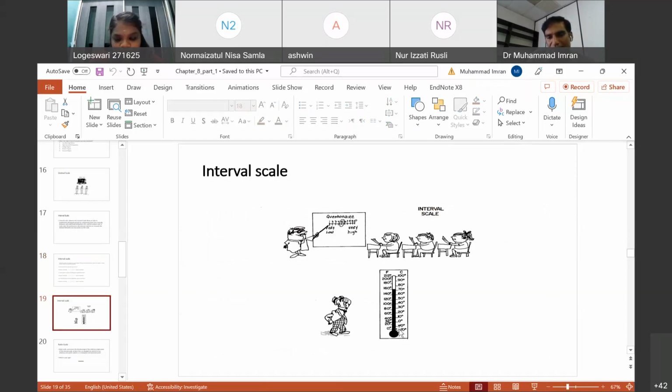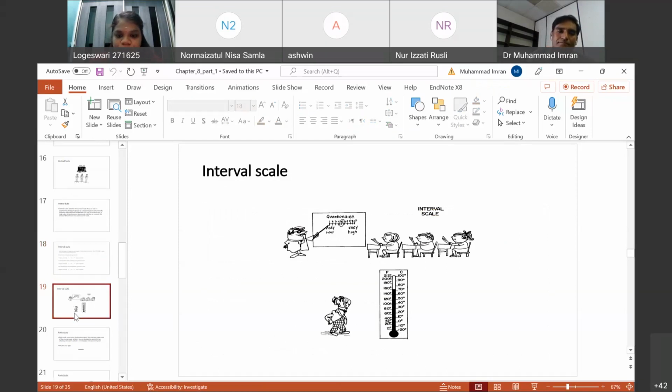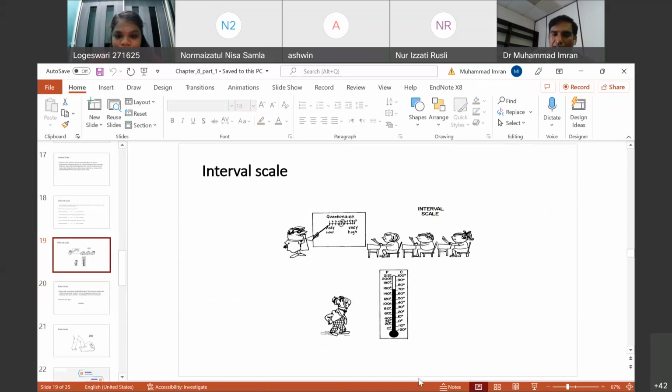One more here, the temperature. The distance between 10 and 20, then 20 and 30, 30 and 40, 40 and 50. And the value can also go below zero and still have a value. One more thing to consider in the interval scale: temperature of -1 doesn't mean no value, it still has a value. -10 temperature means